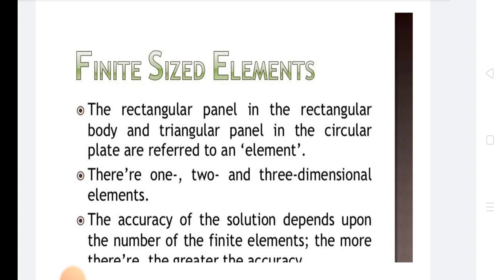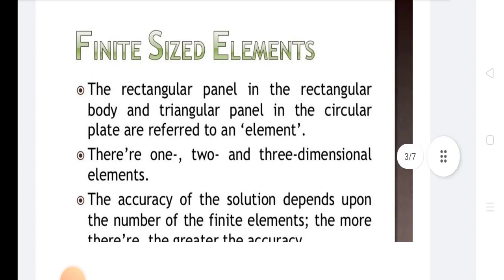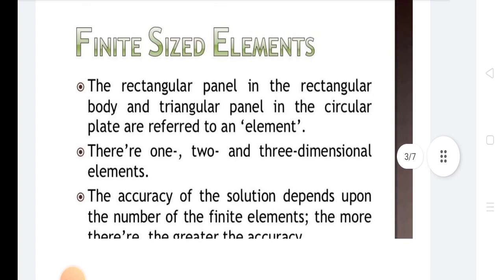Element: joining nodes and forming a specific shape such as a bar, triangle or quadrilateral is known as a finite element. Degree of freedom: the minimum number of parameters, that is motion, coordinates, temperature, required to define the position of any object in space completely is known as degree of freedom. Loads